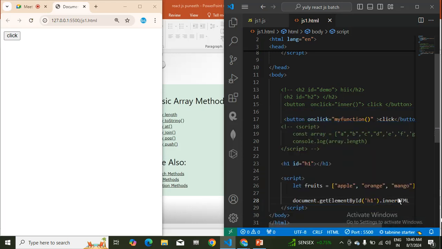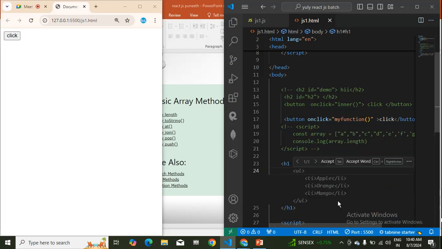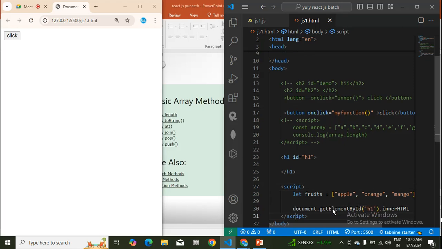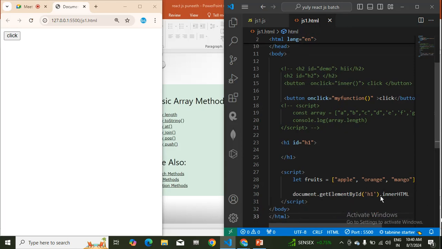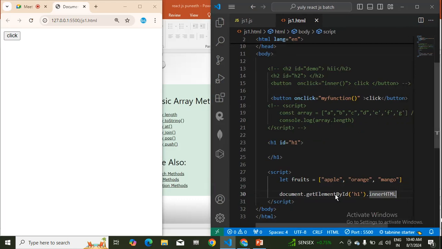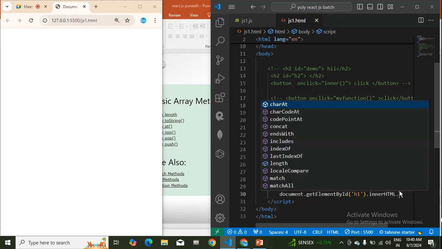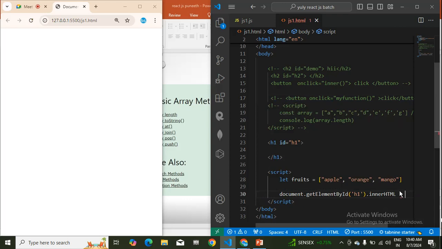innerHTML. So whenever you want to print the data inside this HTML using JavaScript, at that time you will be printing the innerHTML of it. So innerHTML is nothing but whenever you want to print the data inside this one. Okay, and I'll comment this button also, you will come to know. And now, dot again, so what we need to do, innerHTML is equal to